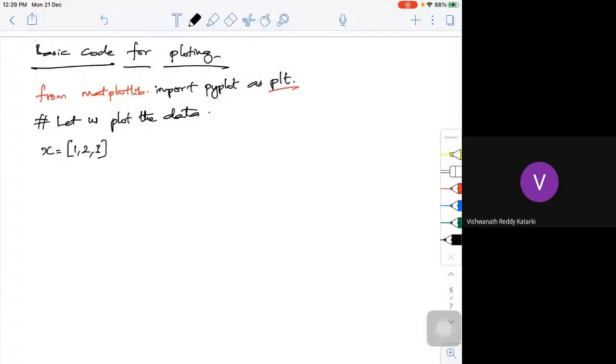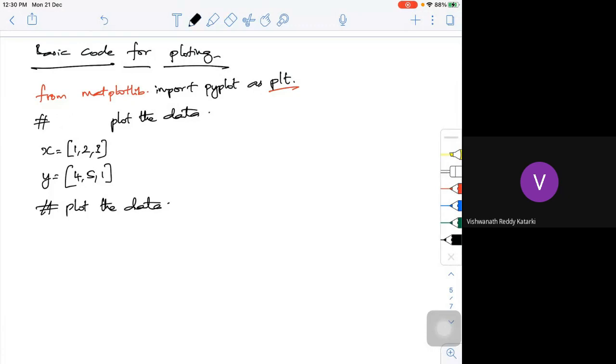If I want to define y, let me define this as 4, 5, 1. That's some random data I'm trying to put: 1, 2, 3 and 4, 5, 1. Once we have this, now let us try to plot it.